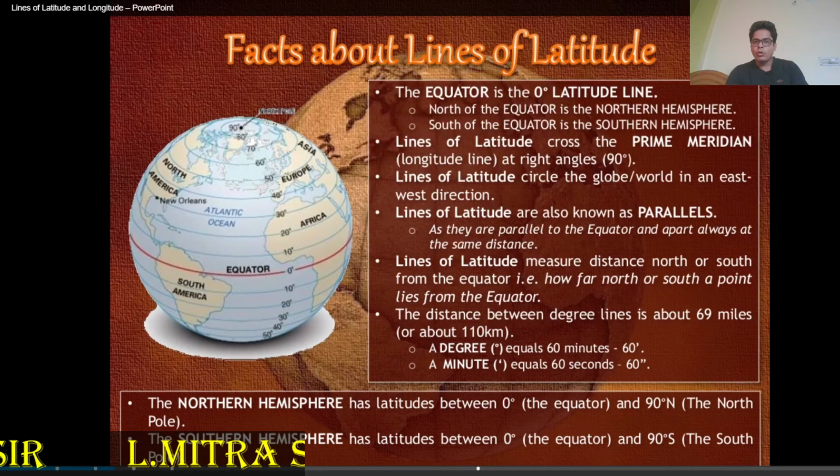Lines of latitude circle the globe in an east and west direction. Lines of latitude are also known as parallels. Why are they parallel? Because they are drawn parallel to the equator. So all the latitudes are always parallel. Lines of latitude measure the distance